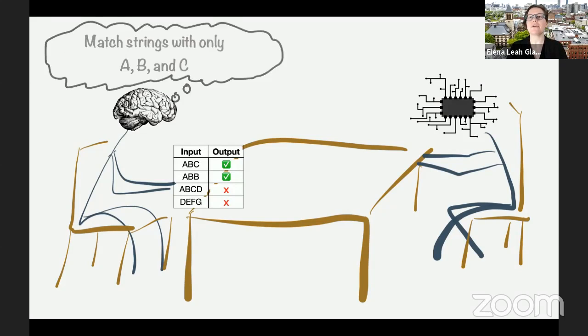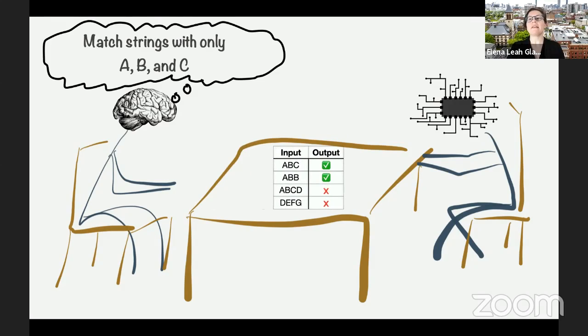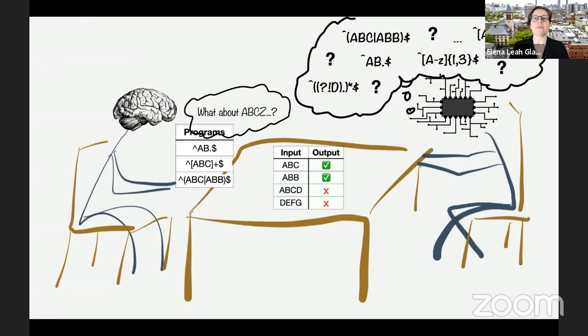In this particular setup, say the program they have in mind is match strings with A, B, and C. The system is going to return one or more candidates that would produce the same outputs for those inputs. So it's got a set of programs that it's dreamt up and hands them back. If the user does not like any of these candidates, the user can add more examples that hopefully help the computer guess the desired program, or a sufficiently equivalent program that was in the user's head.